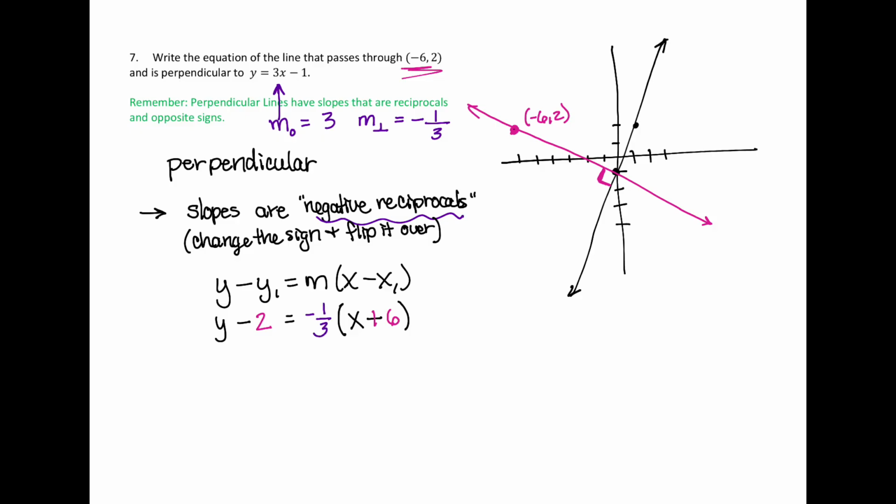And now we keep going on our problem. So we have y minus 2, clear the parentheses, so negative 1/3 x. Negative times positive is a negative, and 1/3 times 6, we'll both divide by 3, so I get 2 over 1, which is just 2. Add 2 to both sides, and I get y equals negative 1/3